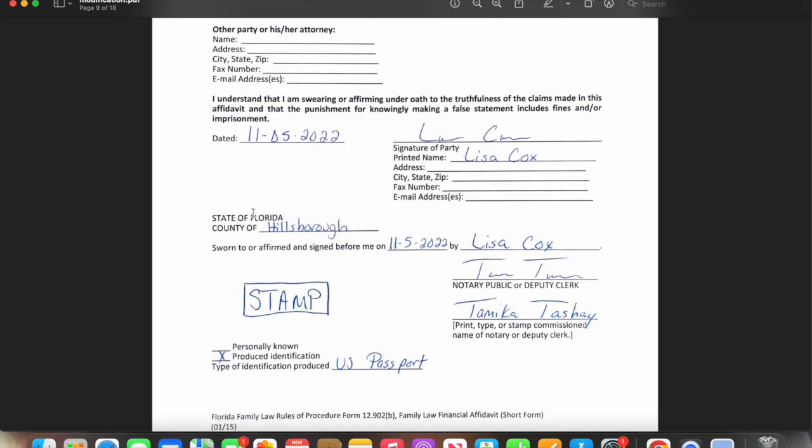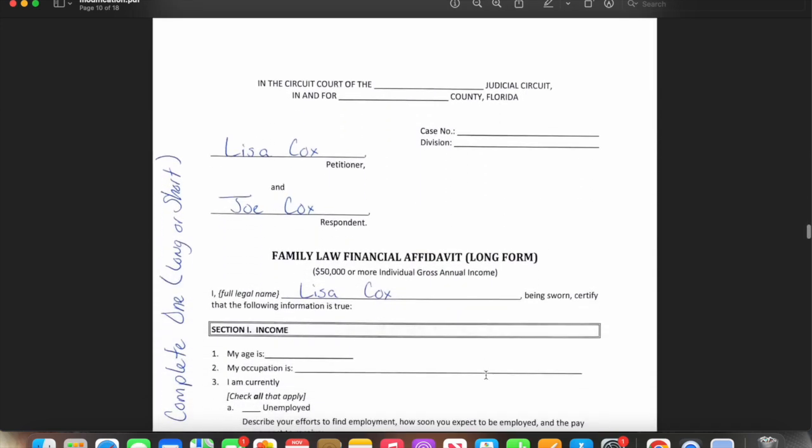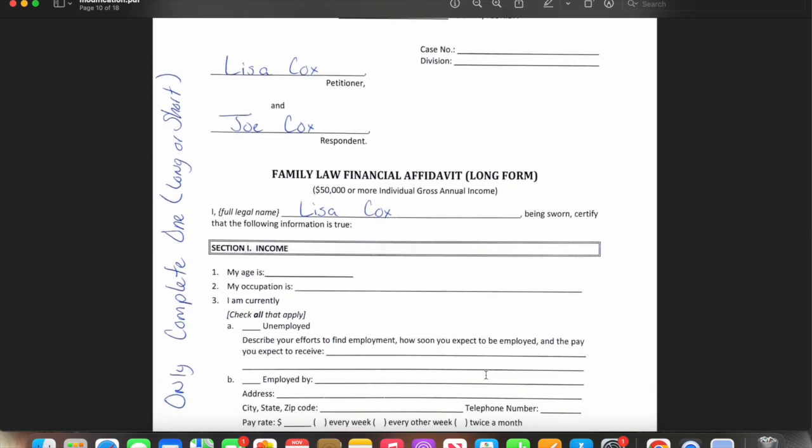And the state of Florida is already here, but whatever county you're in, you will put your county, you're going to put your date, the person's name, and all of your notarial information. So your stamp, the type of identification they provided. You'll go down further. And now this is just the first page of the long form